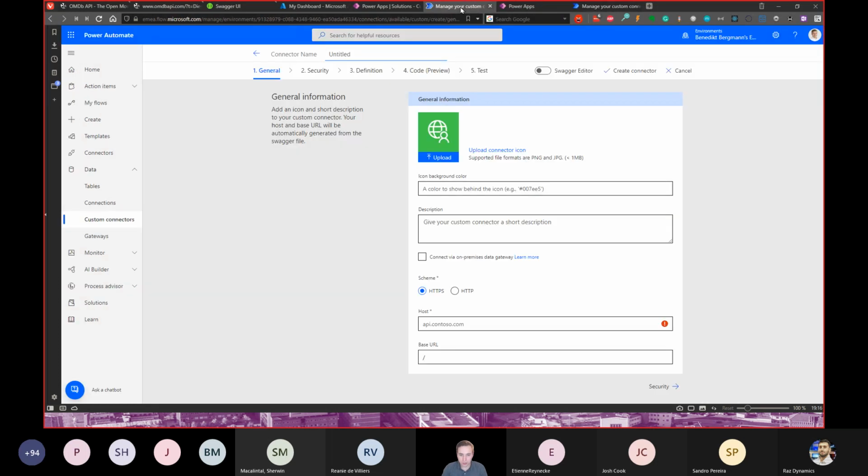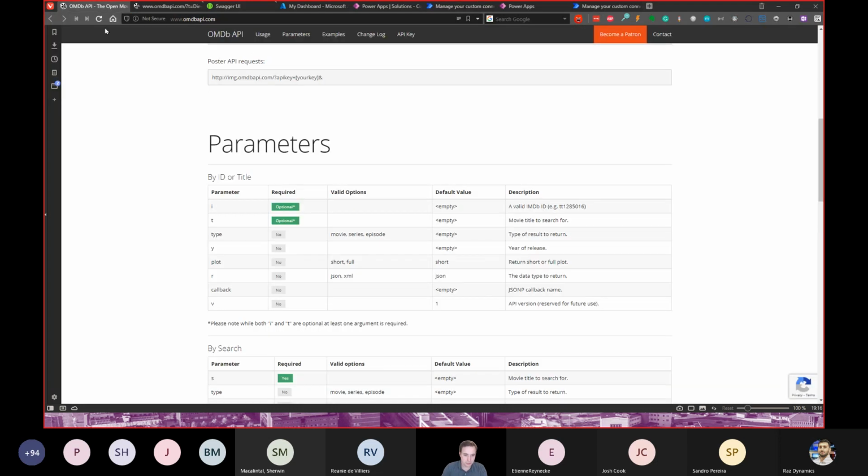Yes. So what have I prepared for today? We will create two, or at least two, custom connectors. Let's start with the one where we want to create a custom connector against a third-party API. So for this demo, I chose this